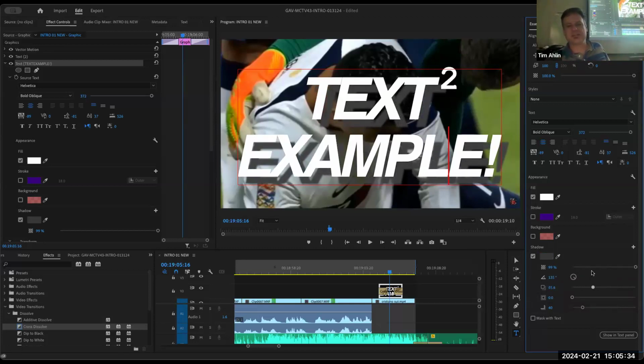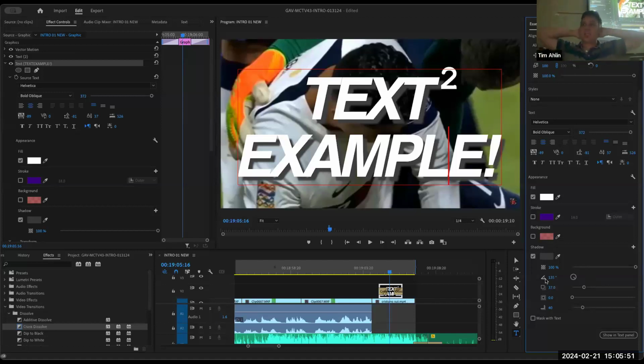Now let's move the shadow off right here. It's more dramatic that way, right? We can see these shadow elements. Again, with the opacity, we can make it more or less. But what's notable right here is our angle. The angle is like your light source.